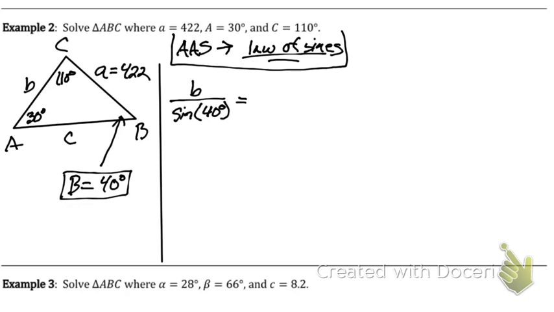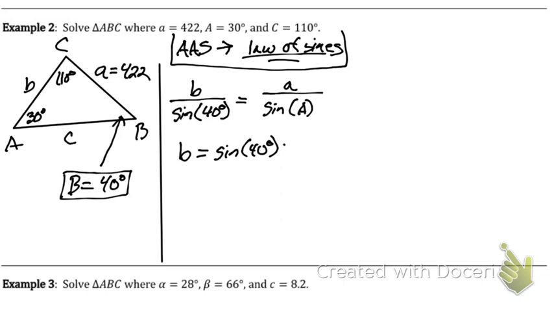I know side A, and I know angle A, so that's the one I'm going to pick. I'm going to put A over sine of A. Well, we multiply both sides by sine of 40. So we'll have B equals sine of 40 degrees times that A over sine of A,